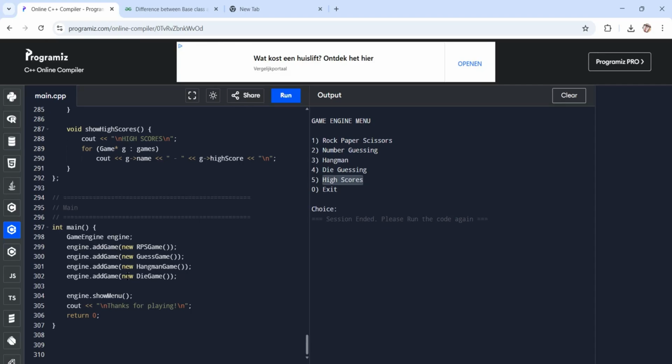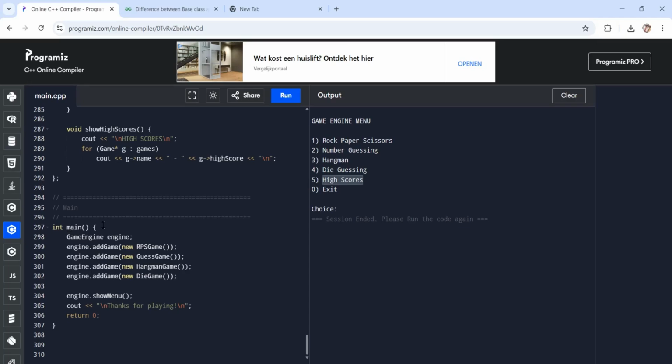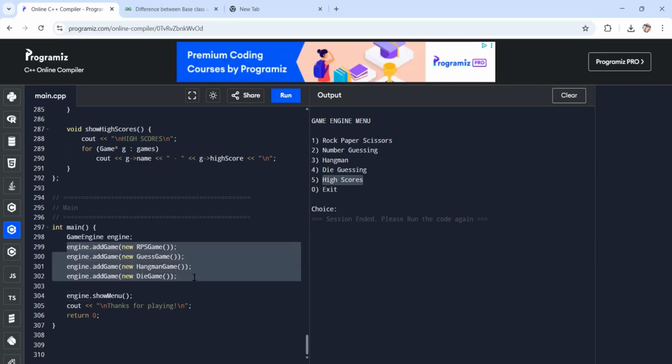The whole purpose of integer main here is to use the methods and the values inside these classes. I'll go deeper into classes later. So basically here, integer main, the game engine, and our games are here, and it's last because